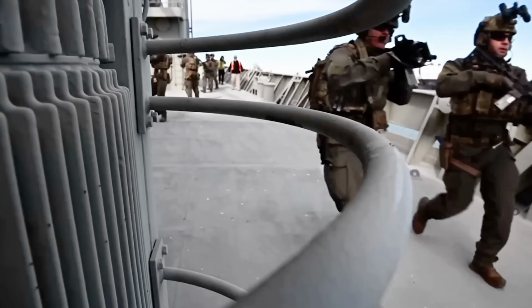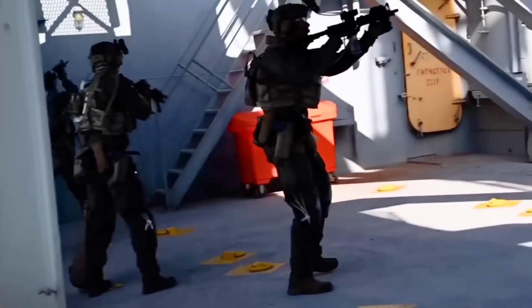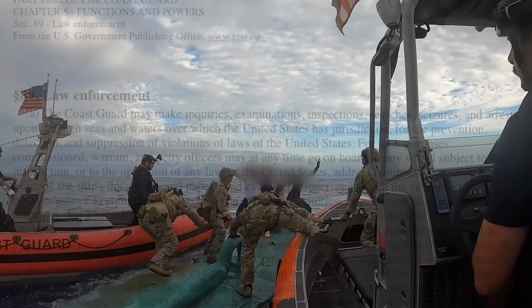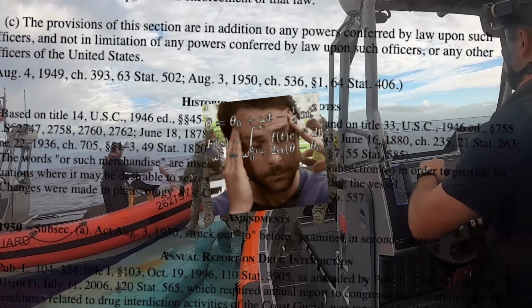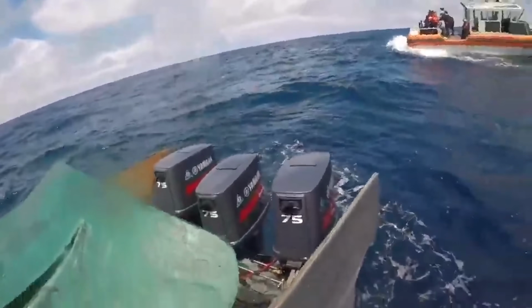How are they authorized to carry out these kind of missions? Because of what's called the Special Law Enforcement Authorization under U.S. Law 14 U.S.C. 89 and international treaties. All Coast Guard boarding team members have to fully memorize that act as part of their qualifications. What it means is LEDETs are legally able to board foreign vessels in international waters when there's reasonable suspicion of